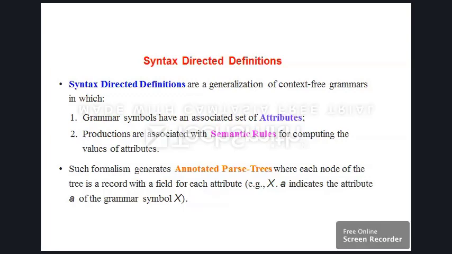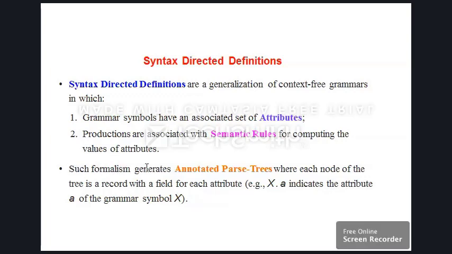For example, we would represent an attribute of a grammar symbol x as x.a. If we represent it as x.a, it indicates the attribute a of that grammar symbol x.